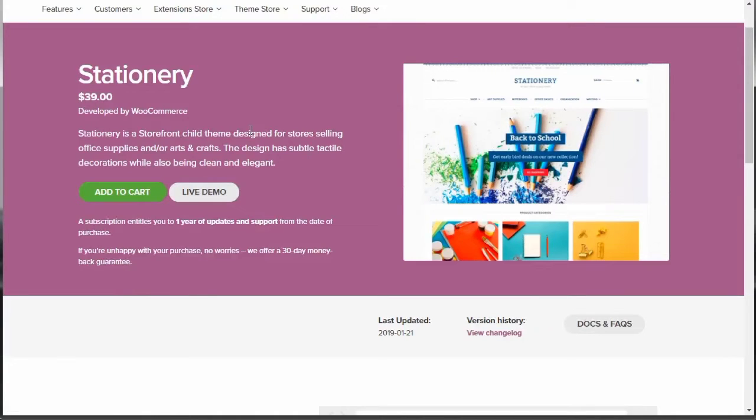Now, I want to say, even though the theme might be for a specific niche, it doesn't necessarily mean that it's going to be targeted just for that niche. You can take something that's dealing with arts and crafts and of course change it to something like electronics or books and so forth. You don't have to be tied to that, but I'm just showing you this method